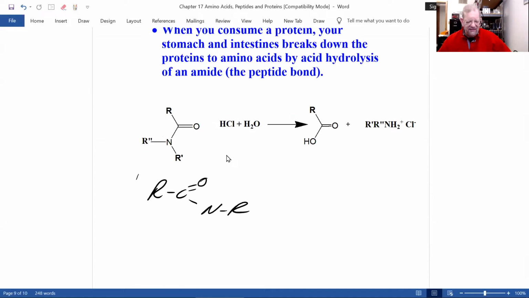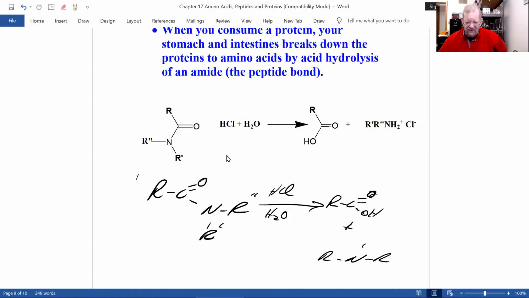What's the bond between amino acids in a protein? An amide. And you learn if you take an amide and react it with HCl and water, why HCl? Excuse me, that's the acid in your stomach. And you get back the carboxylic acid you would have used to make that amide. Plus, since amines are basic, you get the amine salt